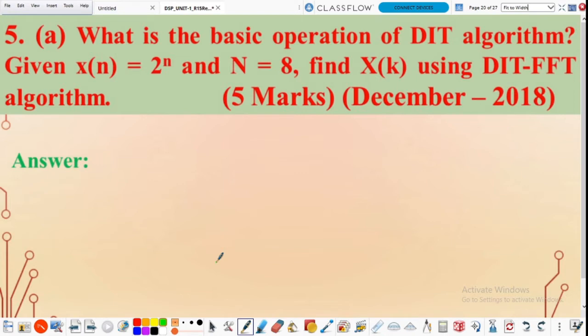Now here the 8-point DFT is there. Capital N is equal to 8. So the shuffled order is x of 0, x of 4, x of 2, x of 6, x of 1, x of 5, x of 3, x of 7. And what is the natural order? x of 0, x of 1, x of 2, x of 3, x of 4, x of 5, x of 6 and x of 7 is the natural order. So first draw the butterfly diagram of the decimation in time FFT algorithm.